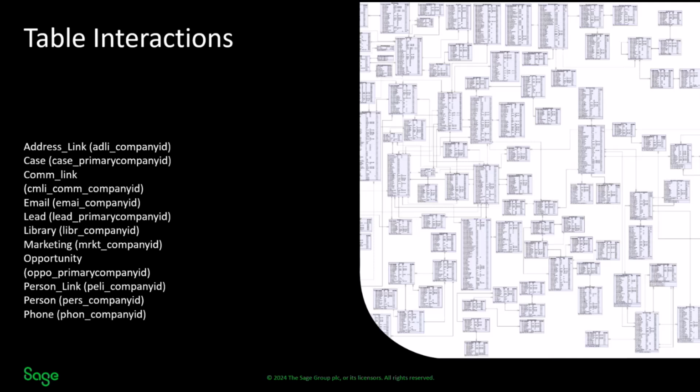There's even a marketing table, an opportunity table, a person table, and the person link table. There's also the phone numbers, and if in turn we think about all of the subsidiary links that come from that,